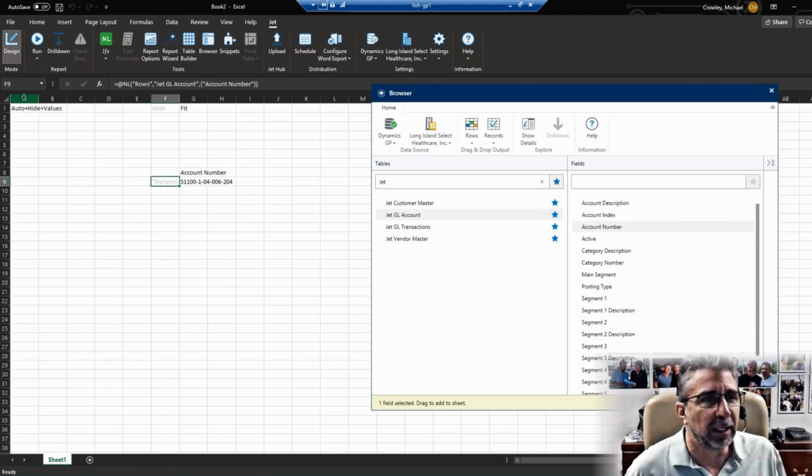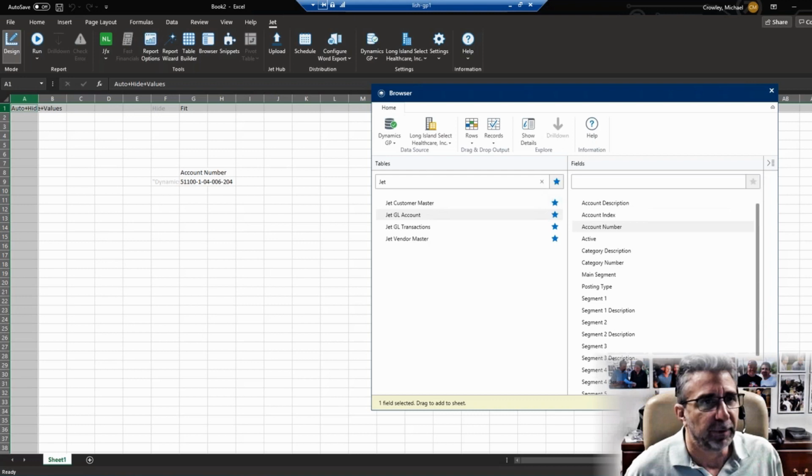So column A and row 1, these are special columns and rows. You don't put anything in there. I mean, there are some special commands you can put in them, but don't put any of your data. Don't start in column A to put the account number, for instance. Column A and row 1 are special to JET. It looks at that for special